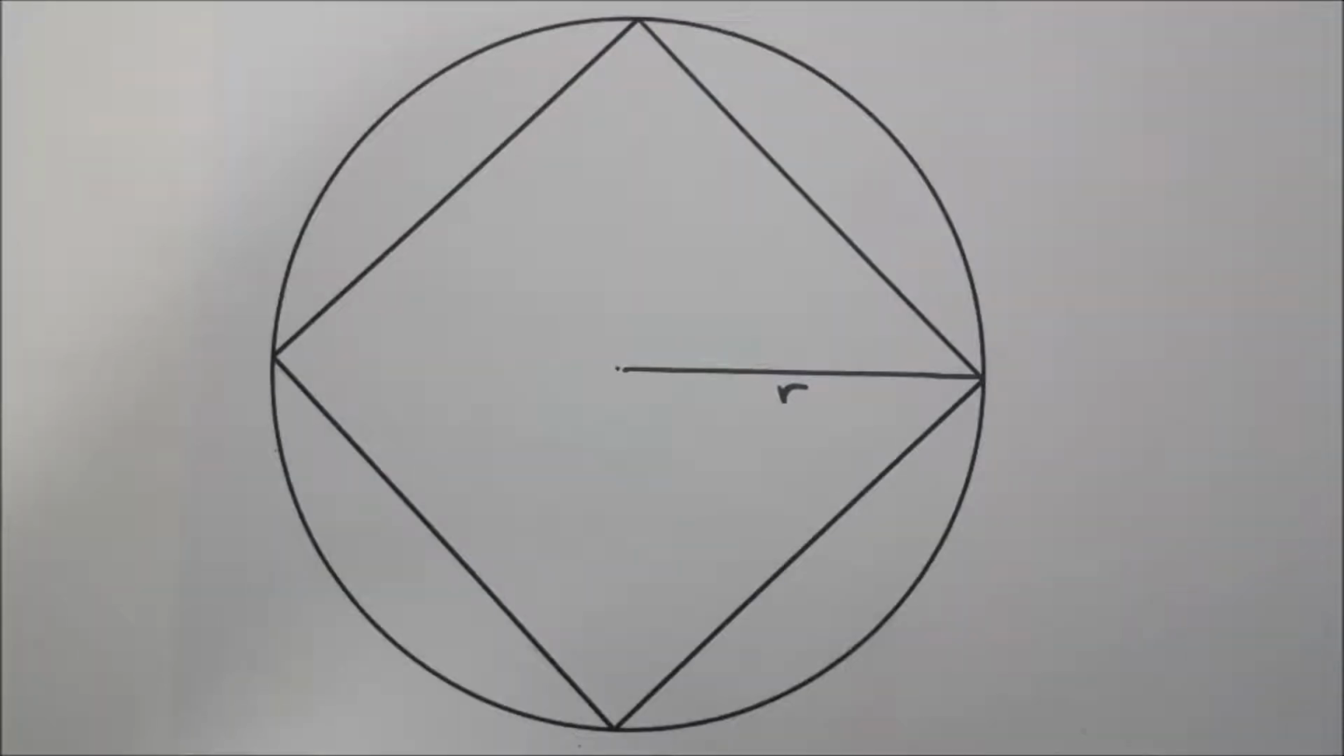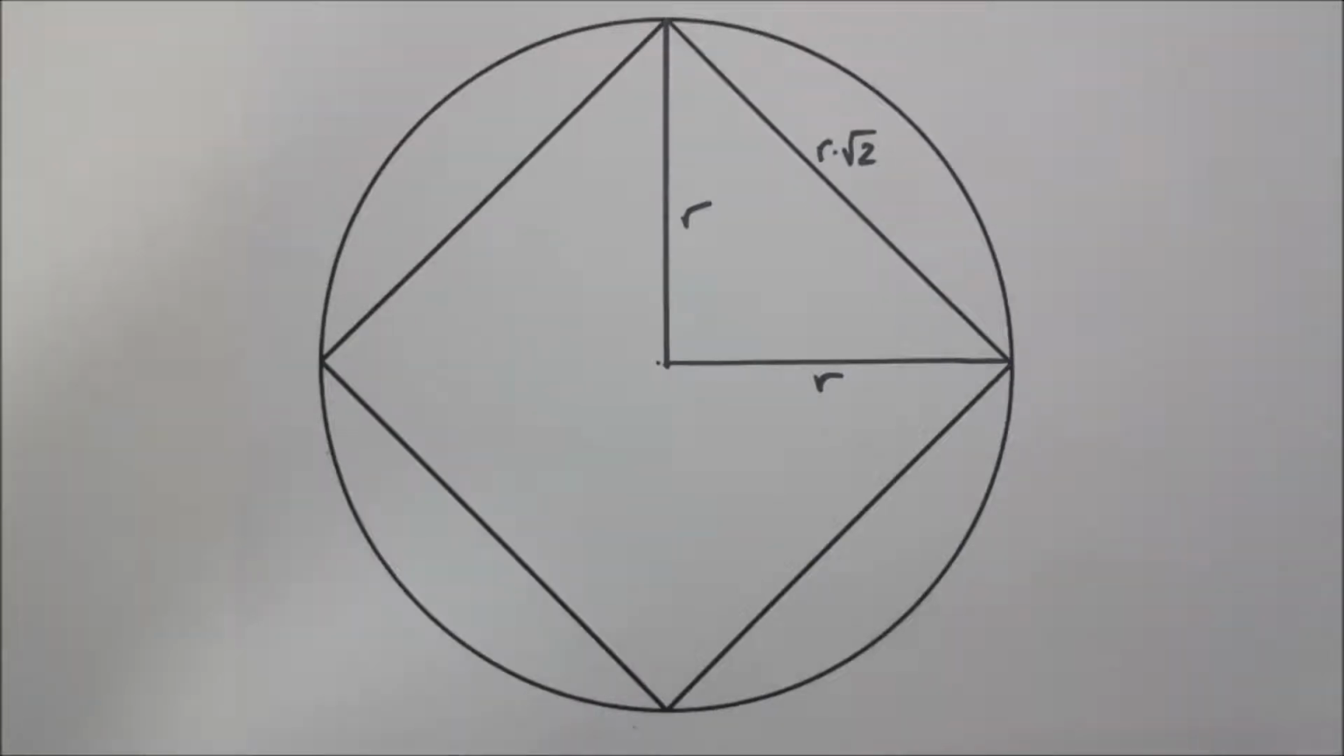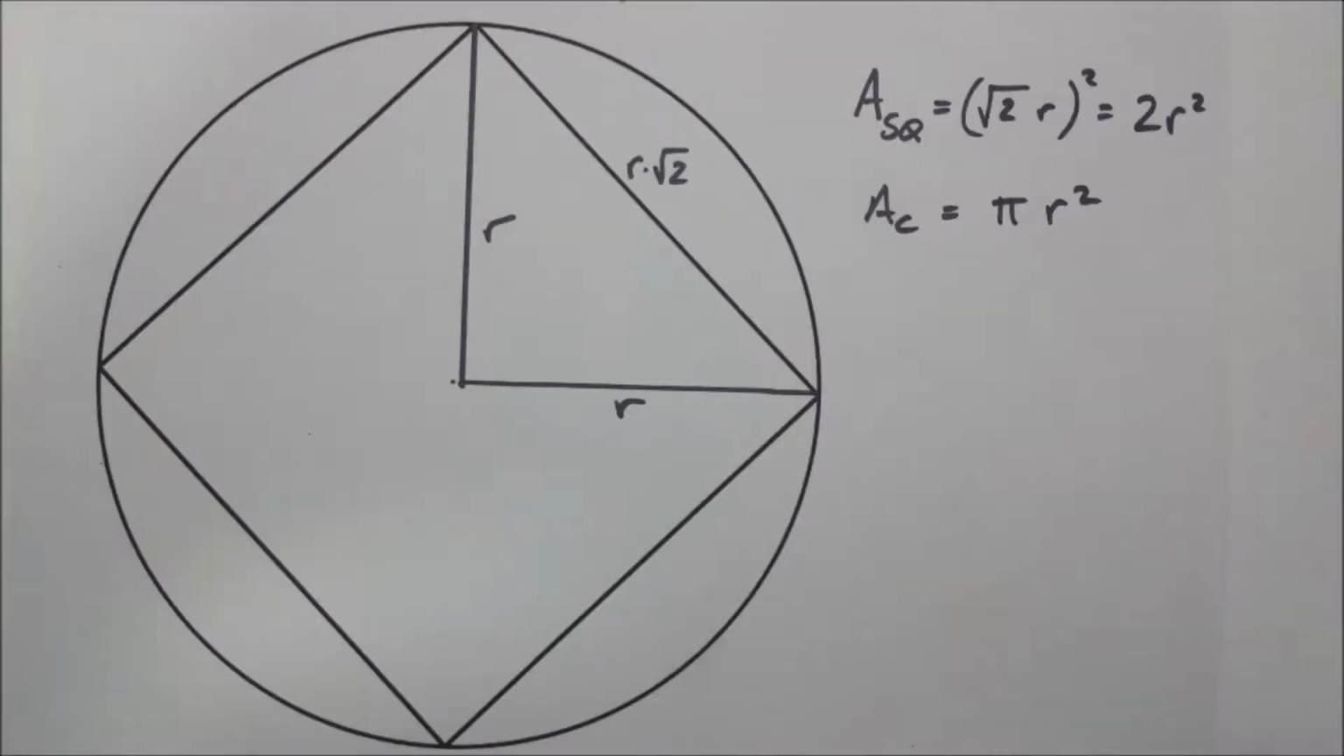Let us start with our circle, which has an arbitrary radius r. We use the Pythagorean theorem to calculate the side of the inscribed square. R squared plus r squared equals s squared, so the side of the square equals square root of 2 times r. Therefore, the area of the square is equal to 2 times r squared, while, as it is known,